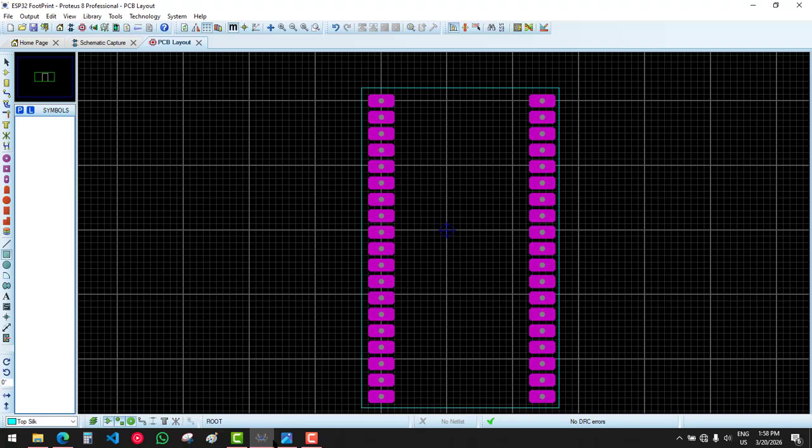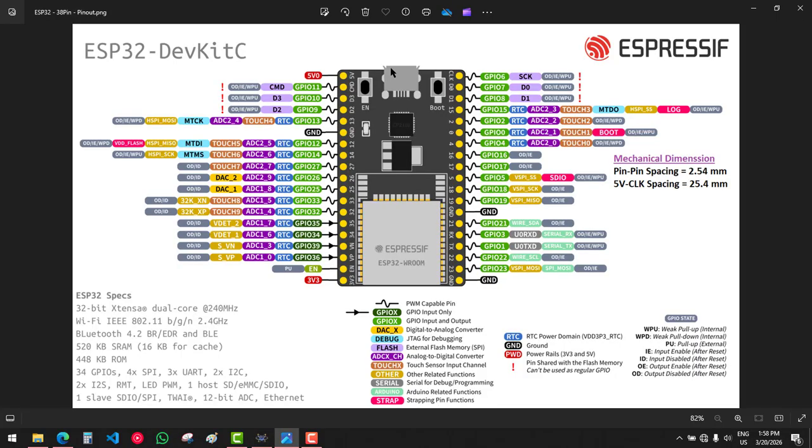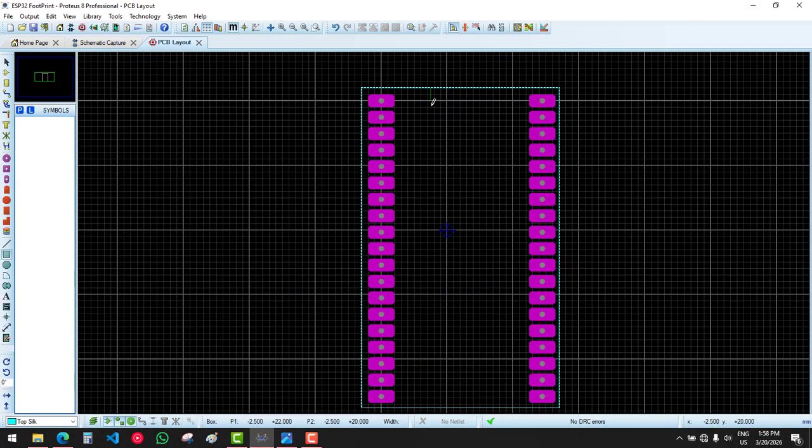Then, to show that the USB connector is at the top, you can also draw a representation of the USB over here. Then this represents where the ESP32 chip is present. You can also draw this boundary. Up to this we have completed